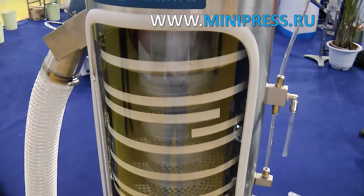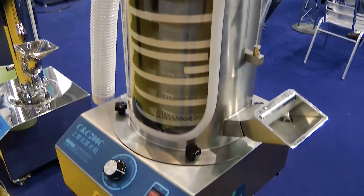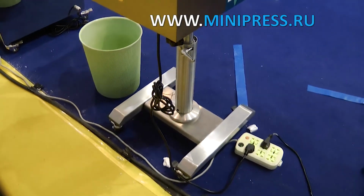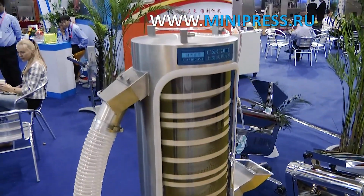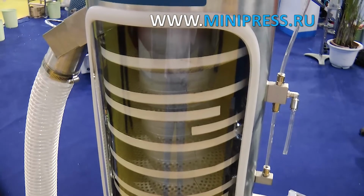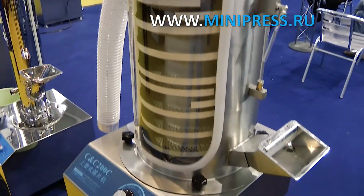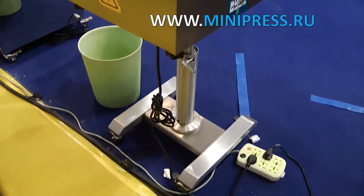He suggested a machine option that was popular with customers and proven in production. I agreed to consider it. The manager emailed me the passport and instructions for use of the equipment. He also offered to perform the procedure of turnkey delivery. I liked the proposed version of the equipment, and I agreed it with the management. A week later we signed a contract for the supply of automatic equipment for cleaning and polishing pills. A month after signing the contract the manager called me and told me the equipment was ready, and a week